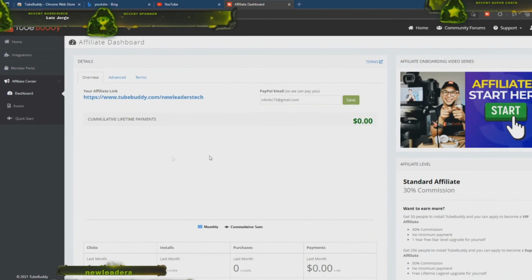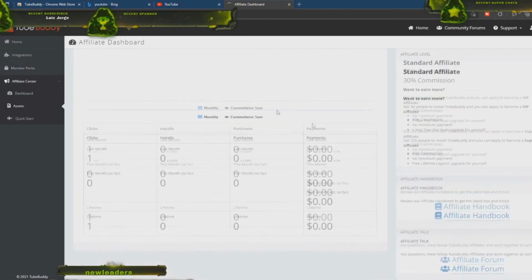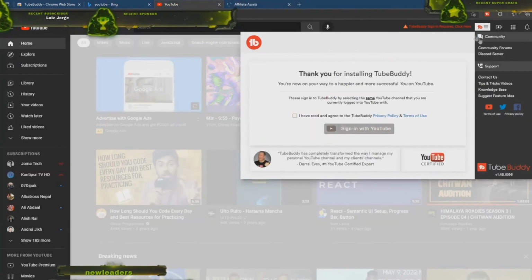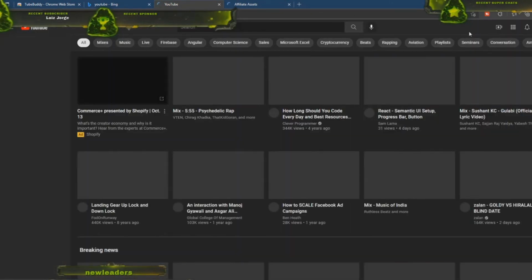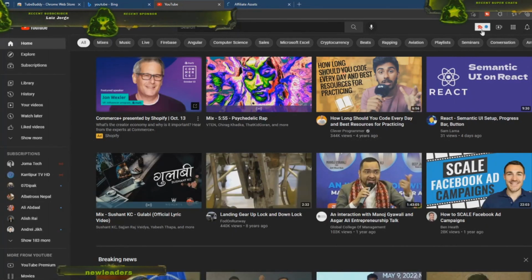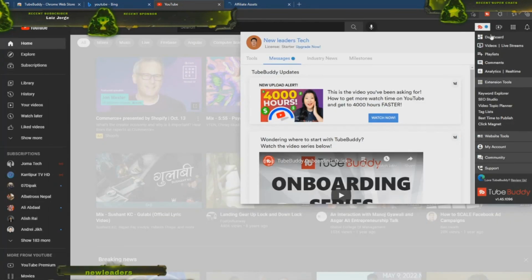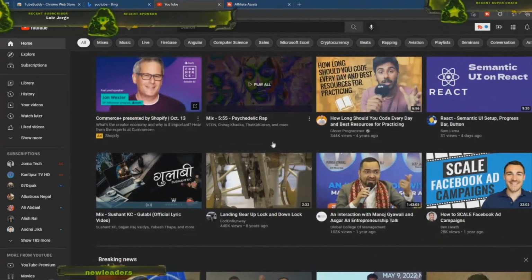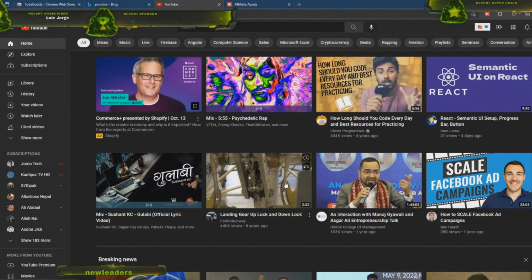Yeah, there are a lot of things you can explore, and after you log in here, it will be automatic. I logged in here. When I refresh my YouTube once more, that red part will go away. It's gone now, and you can use it now. Here, see here, nice and clean, really good. It's good stuff. It gives some additional value to any type of YouTuber or any YouTube viewers. And if you have your account and want to try out, you can try.